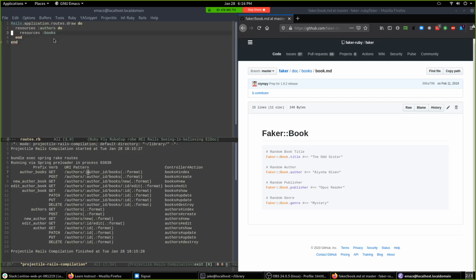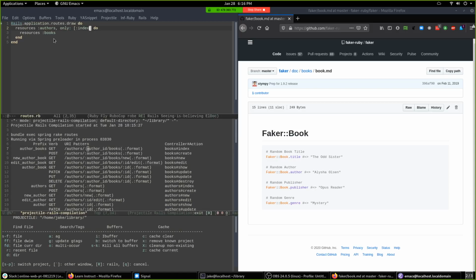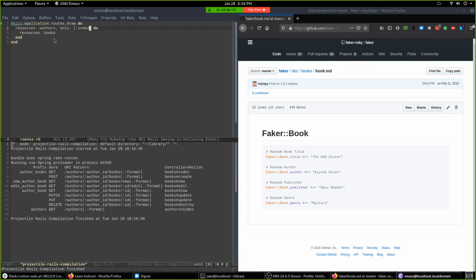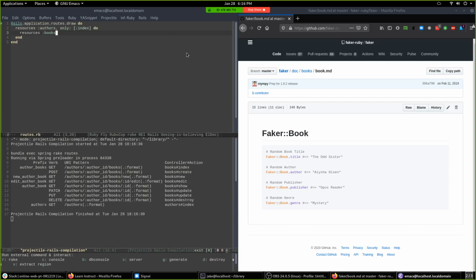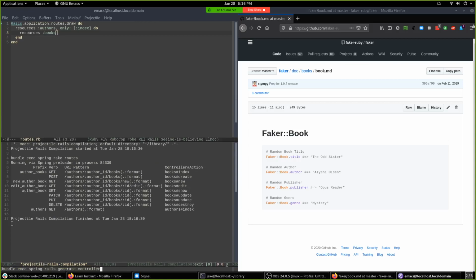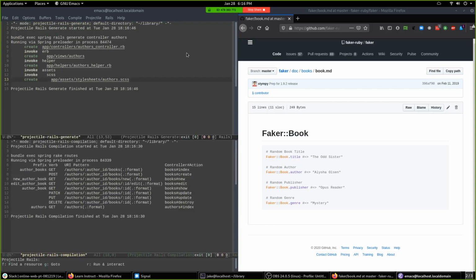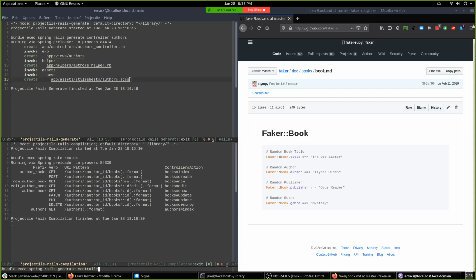Okay, so let's say authors. At this point, I only want to be able to look at all authors. So let's check that out. All right, so now I can get all authors, but I don't have anything else. And then we'll do full CRUD on the books themselves. So if I go ahead and generate a controller for authors, and then generate a controller for books,